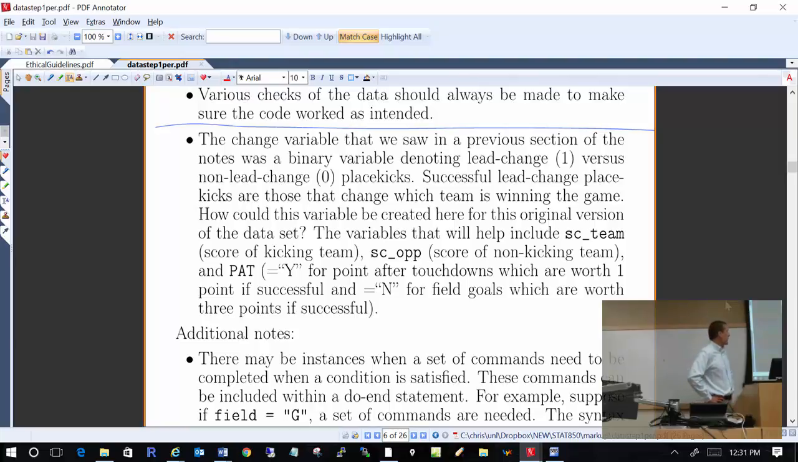Okay, we just started talking about the change variable. I believe we mentioned it briefly before. What change is trying to do is measure a kind of pressure. Change is equal to 1 if the place kick that's being attempted would cause a lead change in the game, if successful. For example, suppose the score was 9-10, let me get a red pen here,